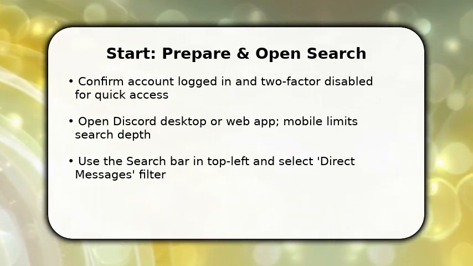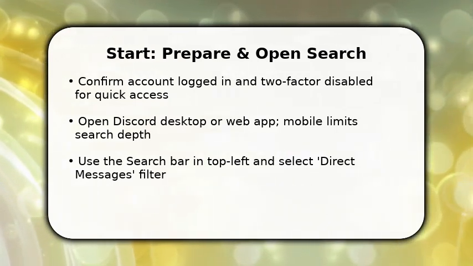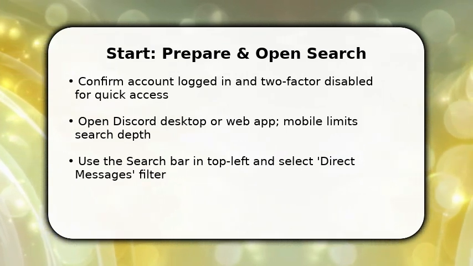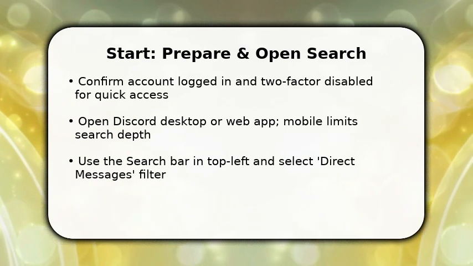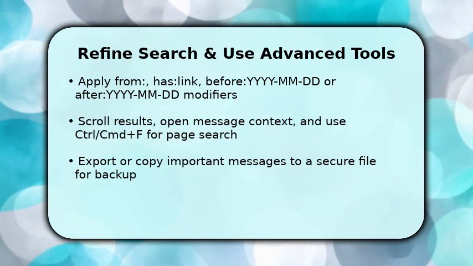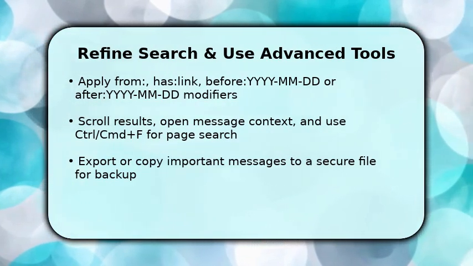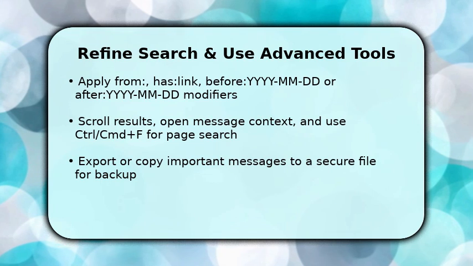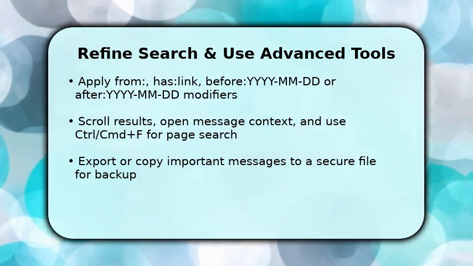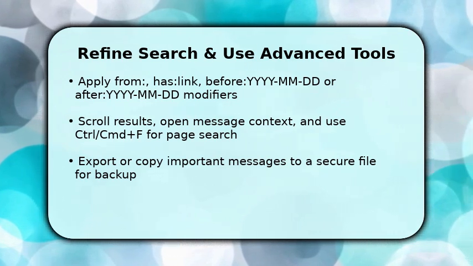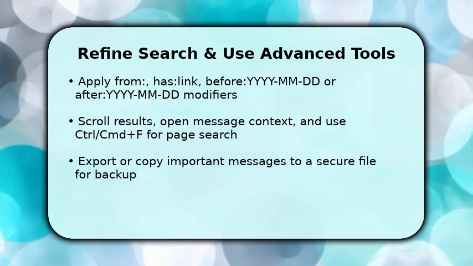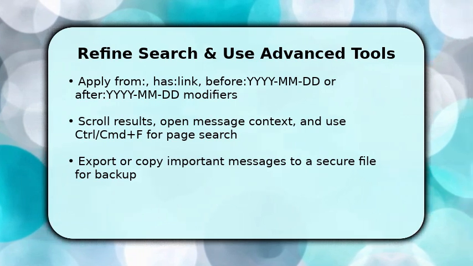If you have many results, add a date or from username to reduce noise and surface older threads faster. Once you see initial results, refine them with modifiers. From username to limit sender, has link or has image to find media, and before or after dates to target time ranges. Then open promising results and use your browser or app's Control or CMD+F to search within the conversation